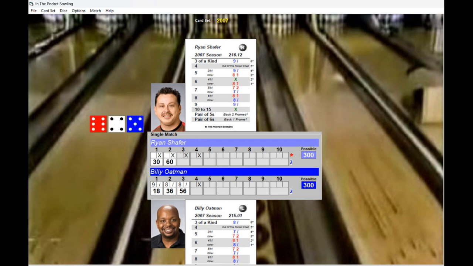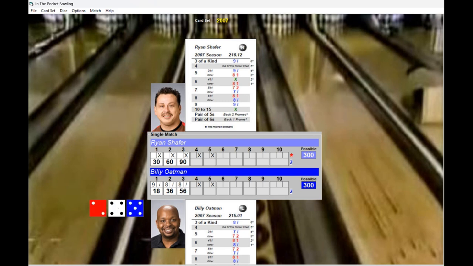Schaefer bowls a 6-4-5, another 15, and that's another strike for Schaefer. He's looking pretty impressive. Fifth frame is a 6-2-3, and guess what? That's 11. That's a strike. So Schaefer has thrown strikes through the first 5 frames. Oatman